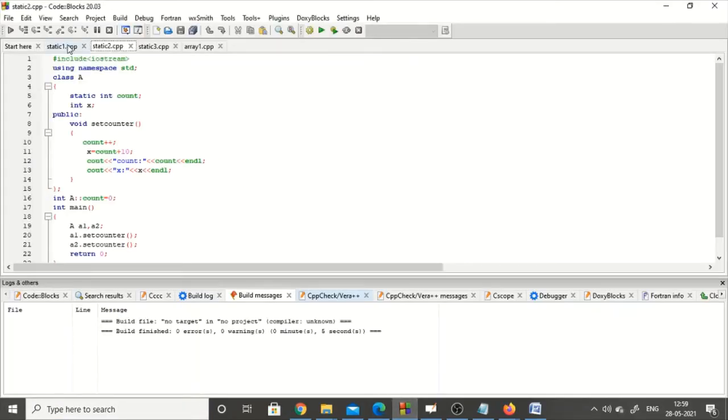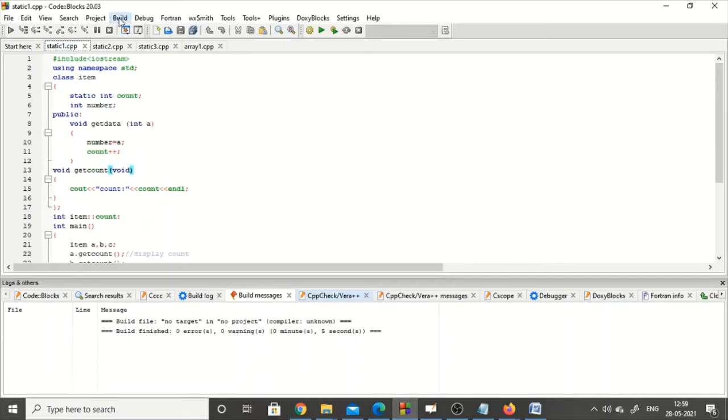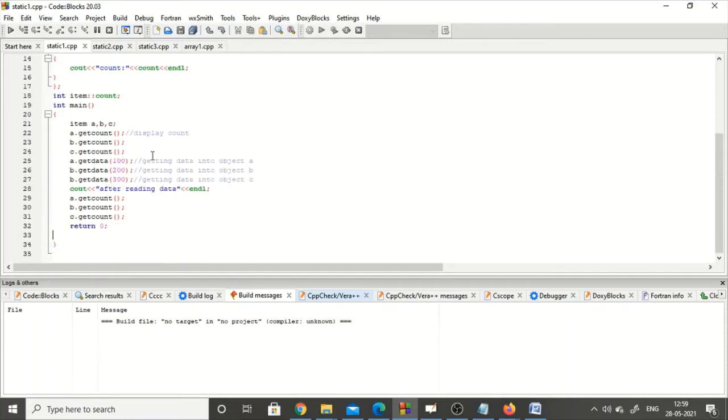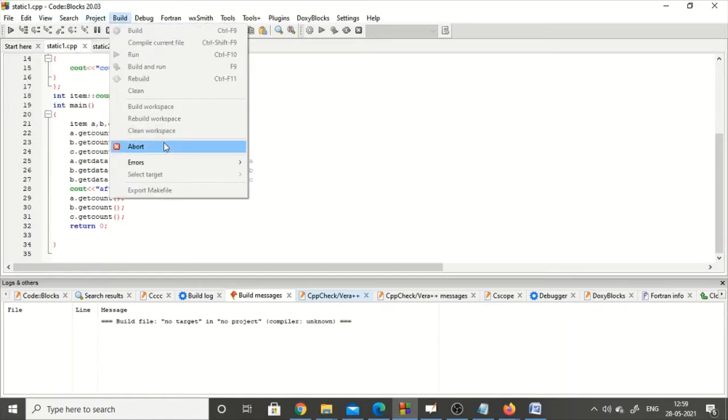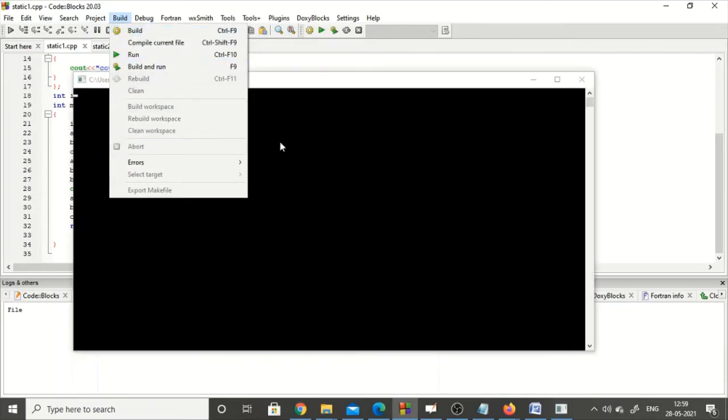So let us run this particular program now. Here a dot get data 100, the same program we have run over here.